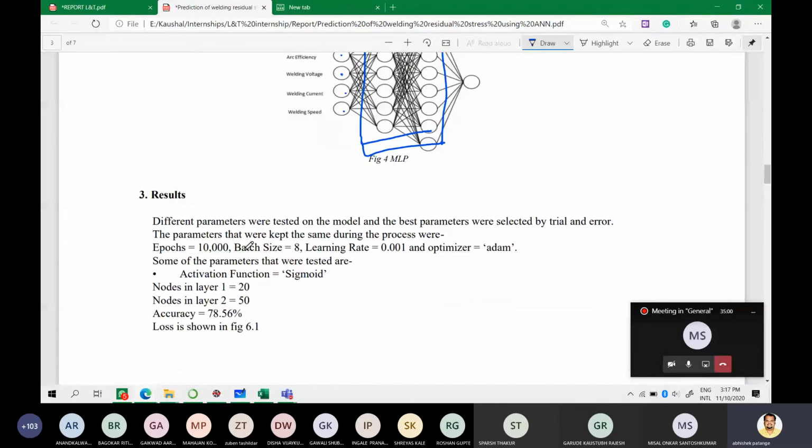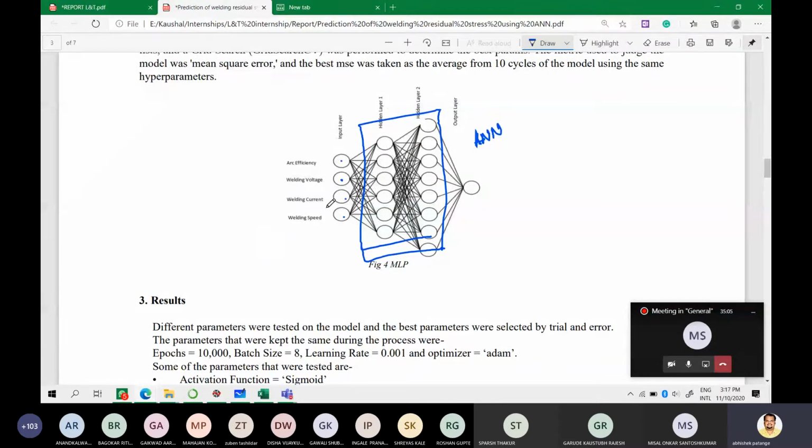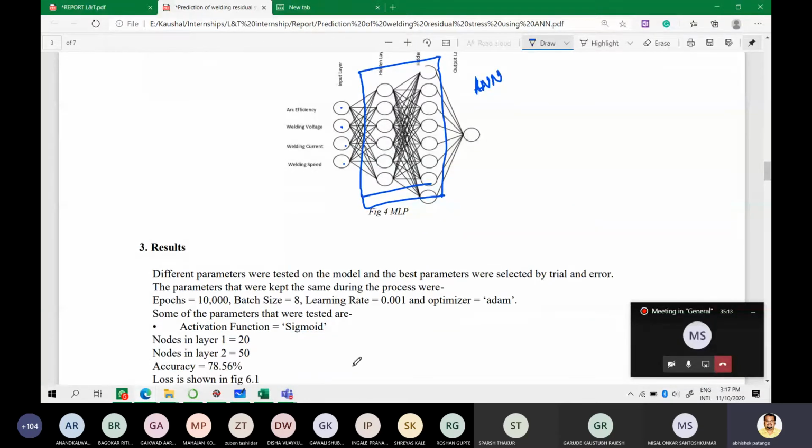I'll also run the code for you guys as to how I implemented it. I'll explain the code also in a while. So if any of you like computer science or coding as such, then you can stick around for that as well. So I'll just go a little fast because I've taken a lot of time.